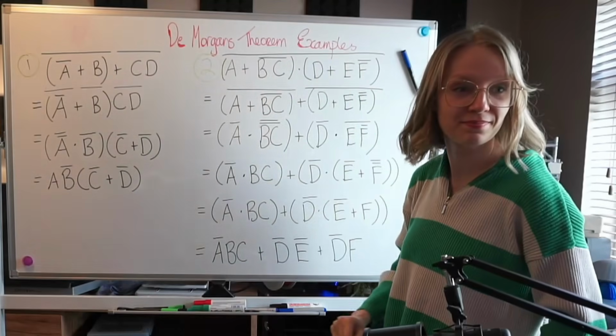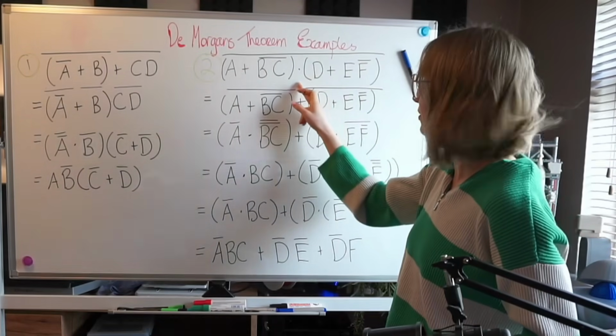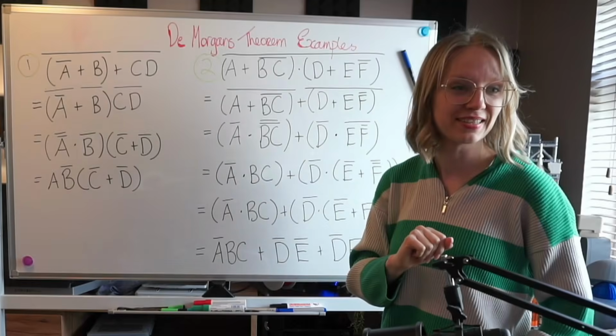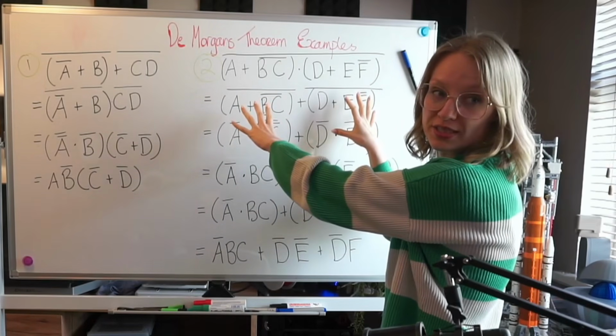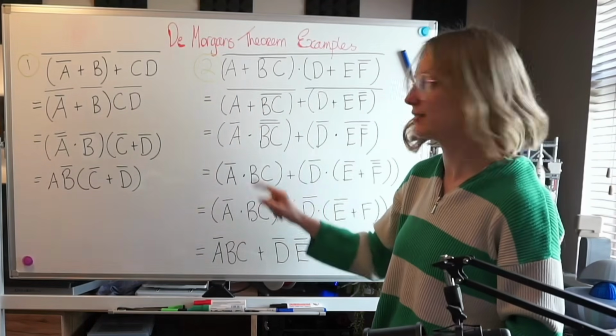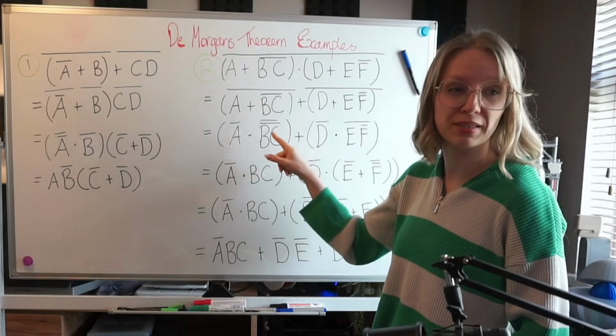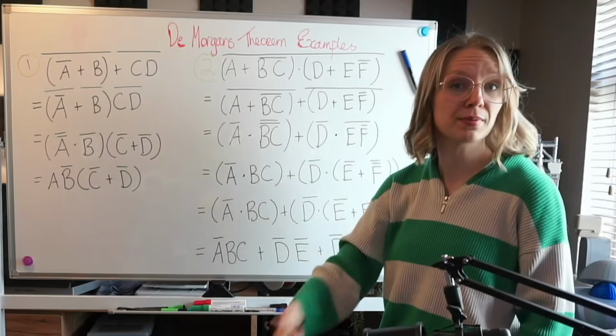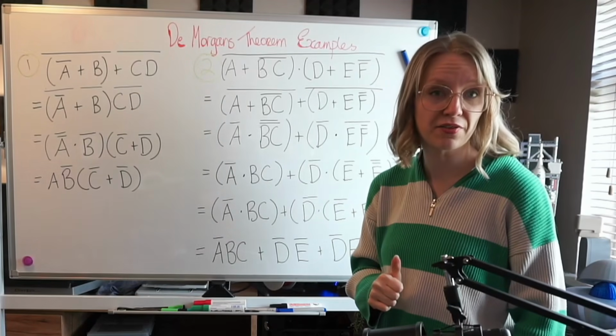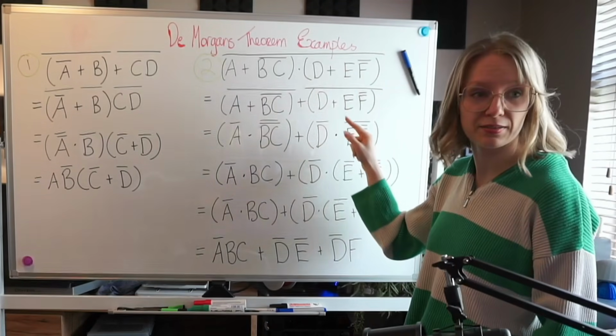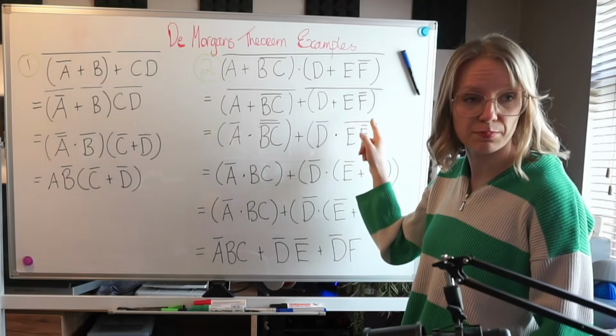Chop the bar, change the sign. We've chopped the bar and it becomes a plus sign. 2 sets of De Morgan's theorems to work with. Chop the line, change the sign, it becomes dot. We have a double bar going over B and C, but remember, double complement is the same thing as the variable by itself. We chop this line, it changes from a plus to a dot, but don't forget to keep